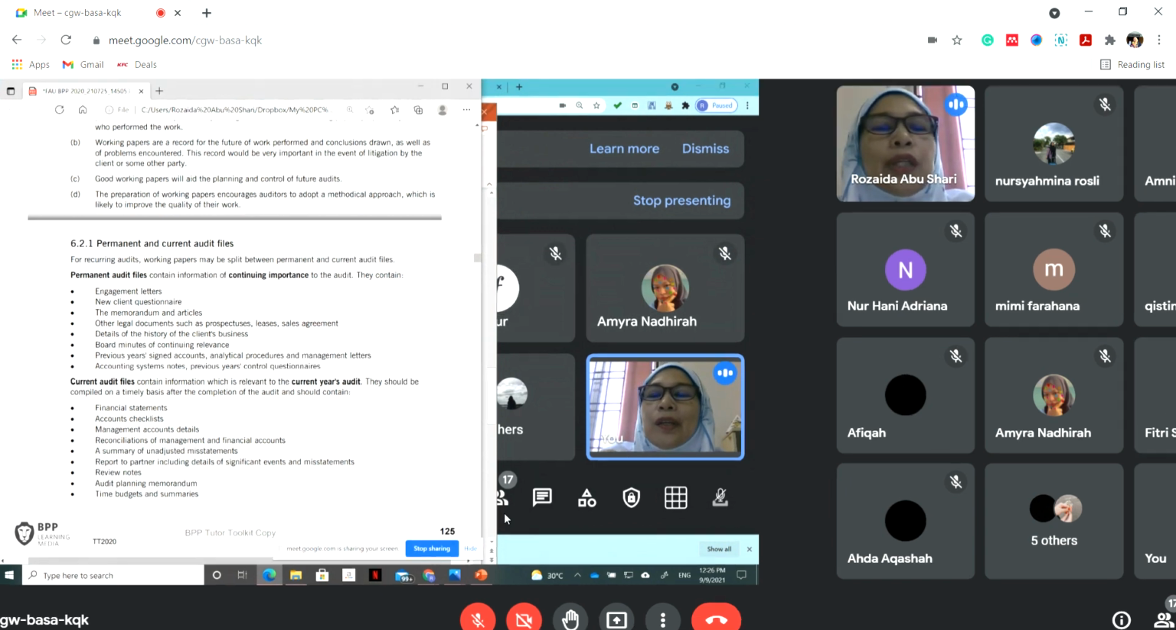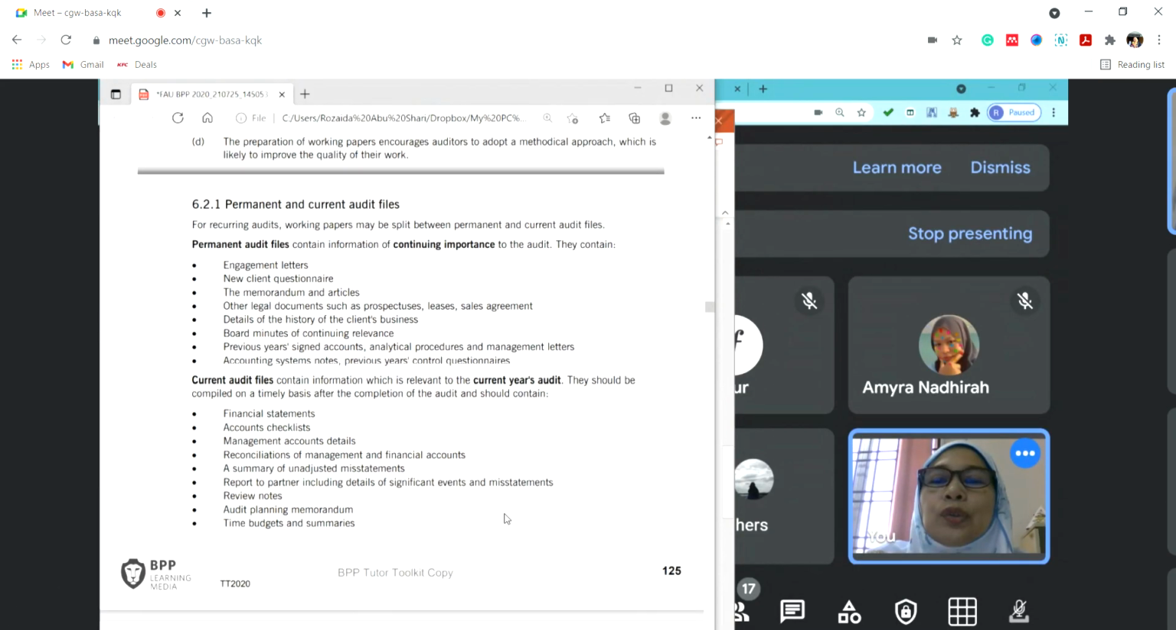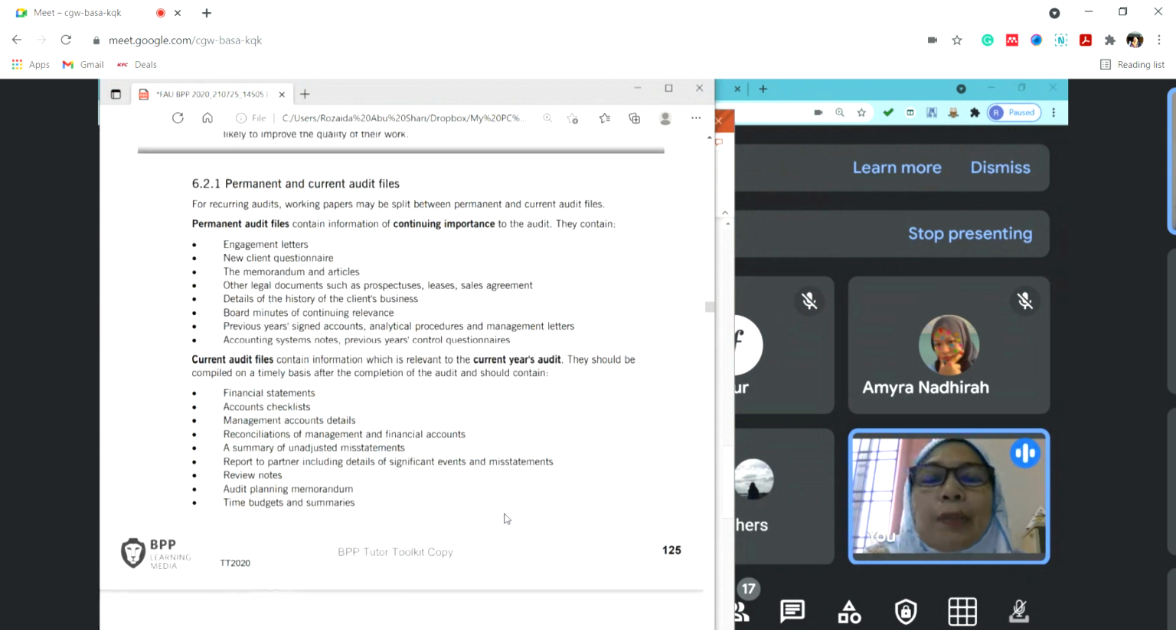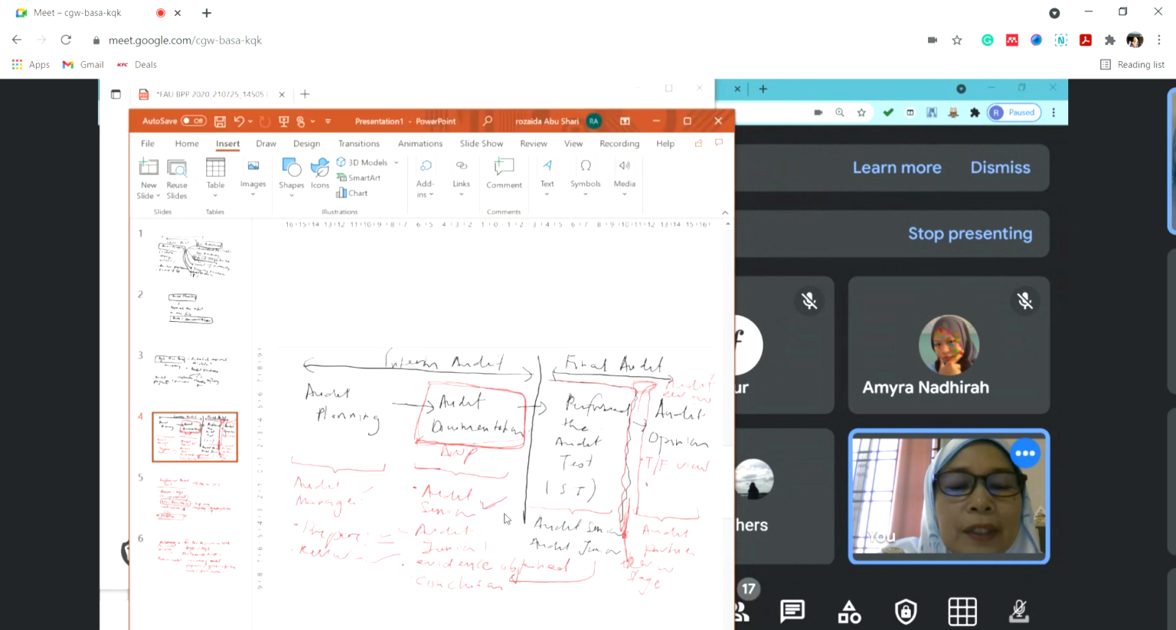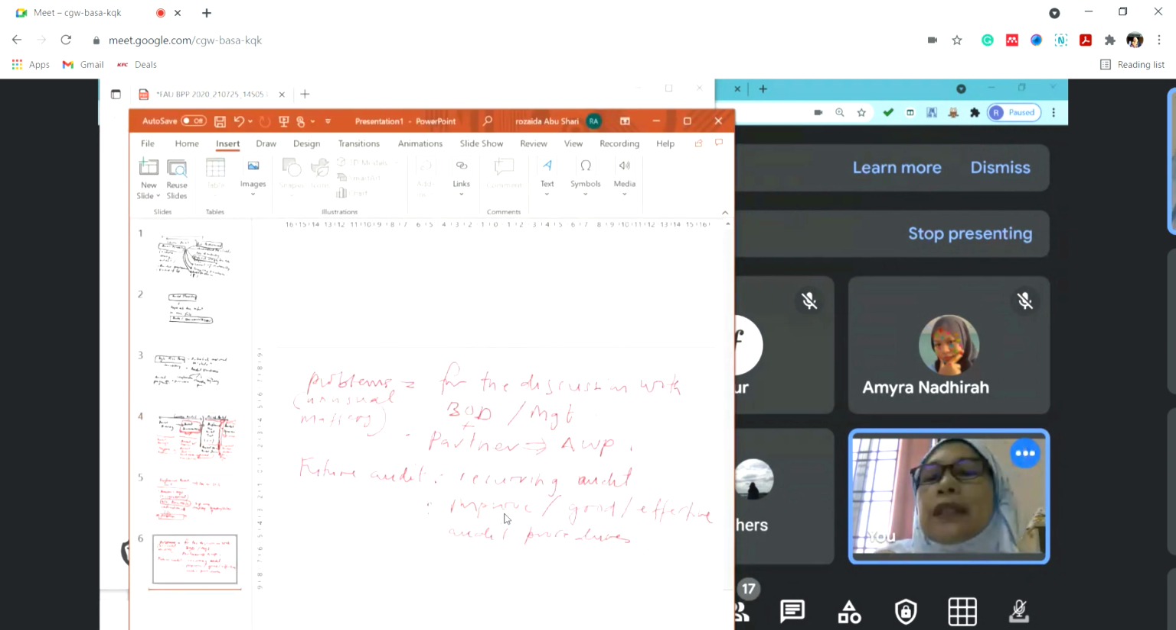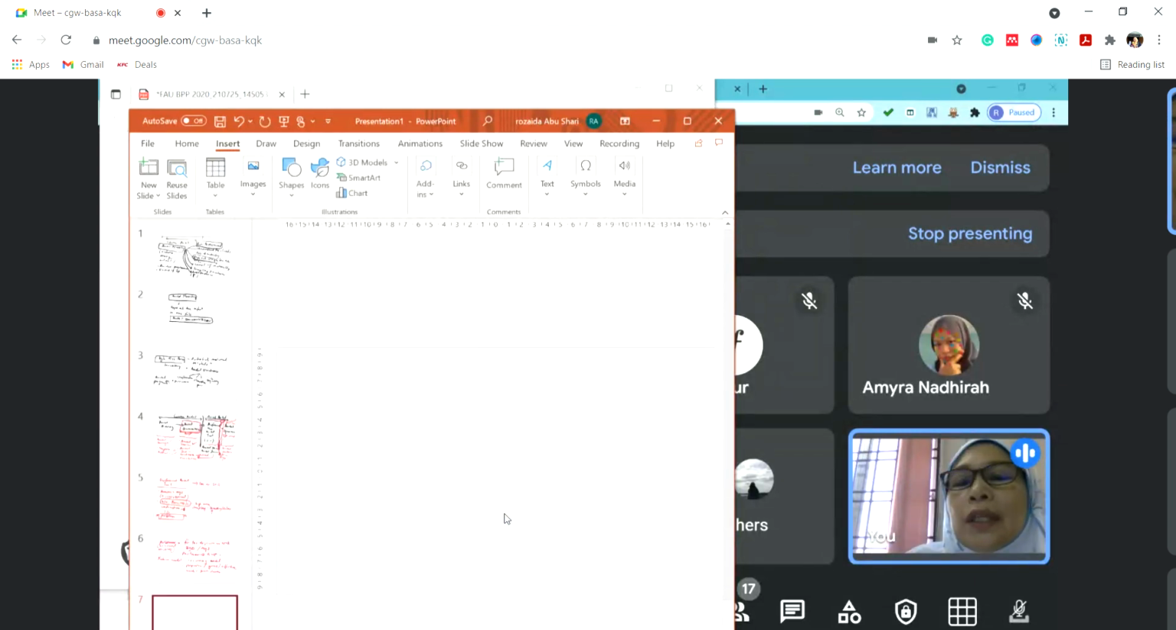Okay, so now we proceed to the permanent and current audit file. Just now you saw it was empty, it will be completed later. So if you are doing the recurring audit next year, next year it will have figures, right? So for the recurring audit, the audit manager,